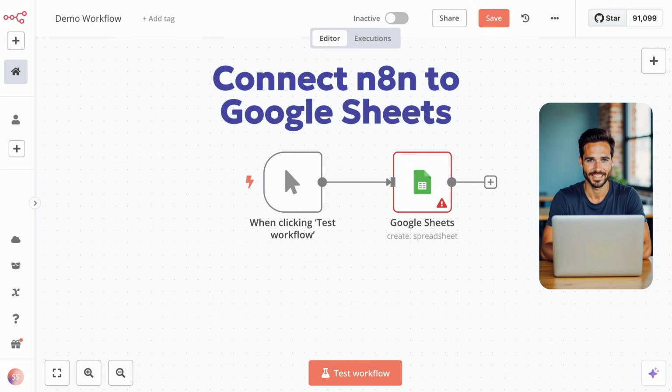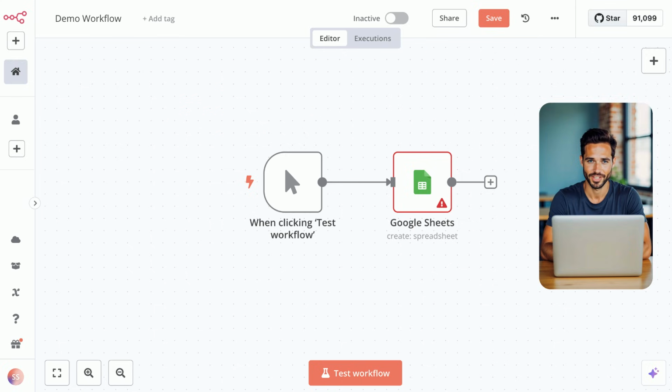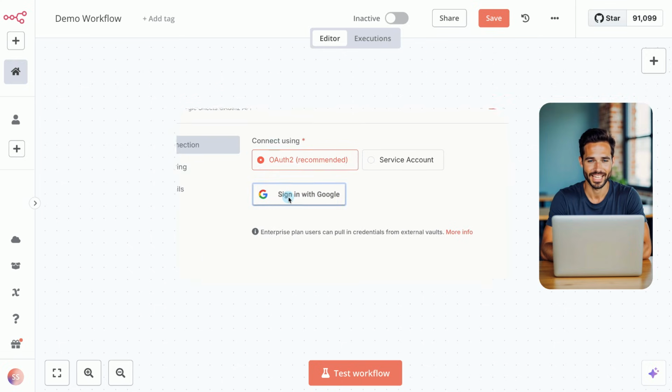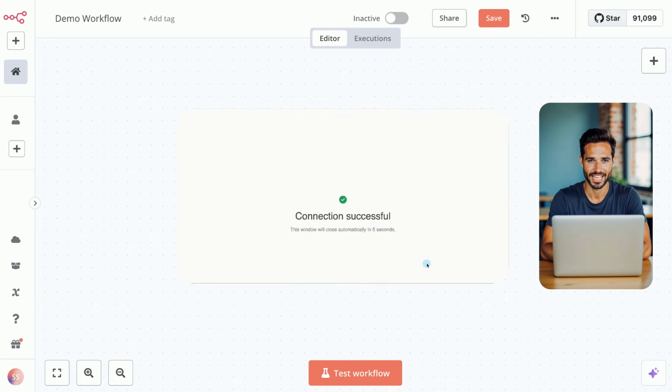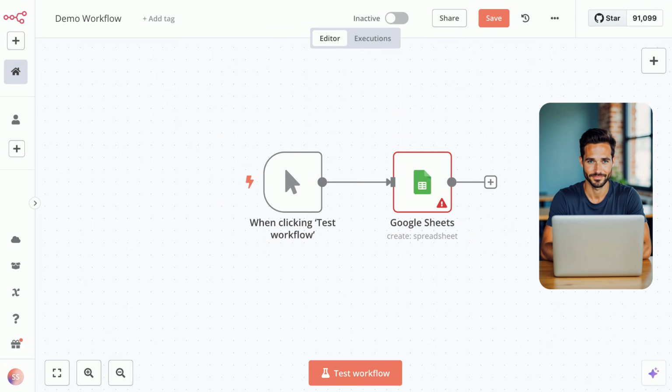Trying to connect n8n to Google Sheets but stuck with confusing credential errors? You're not alone. Even though n8n recently introduced a simplified login, that only works if you're on the latest n8n cloud version. If you're self-hosting n8n or using an older instance, you won't see the one-click option, and that's where